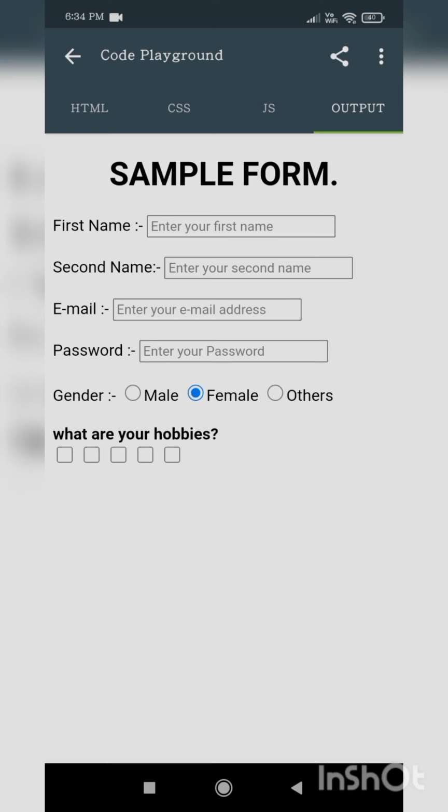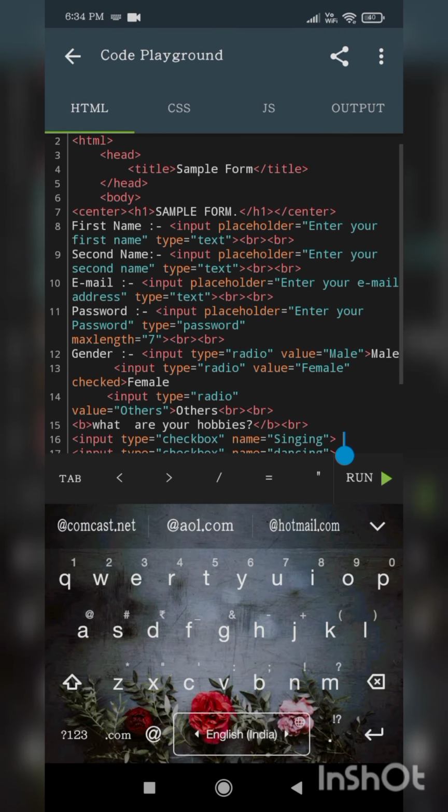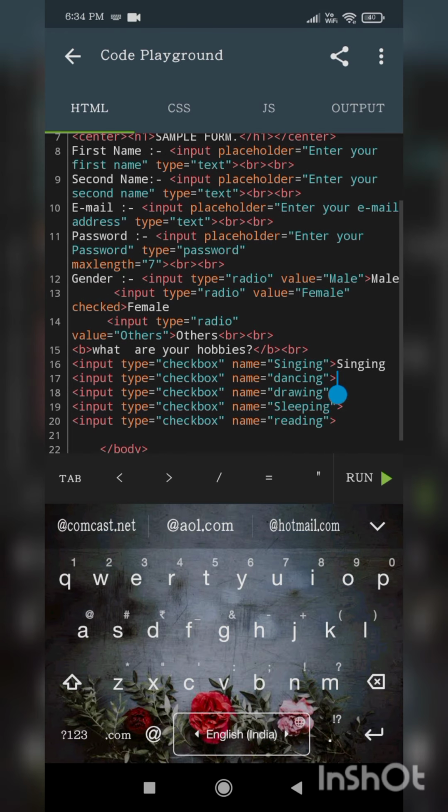So see friends, soon after that you should write inside the name what you have kept here: singing, here dancing, here drawing, here sleeping, and here reading.